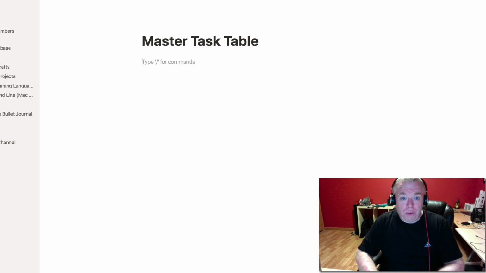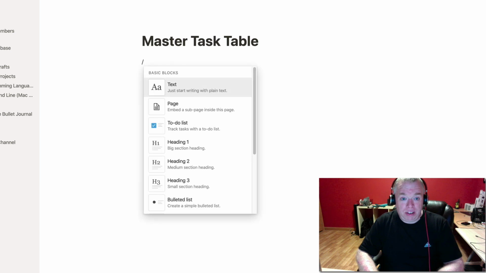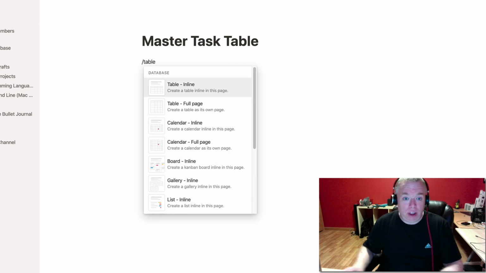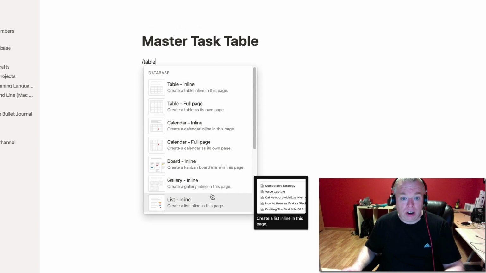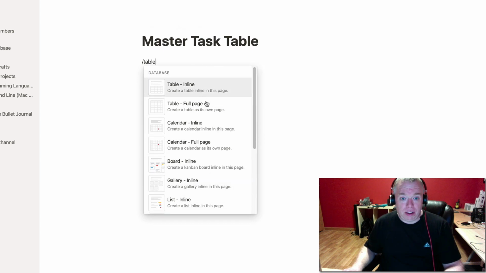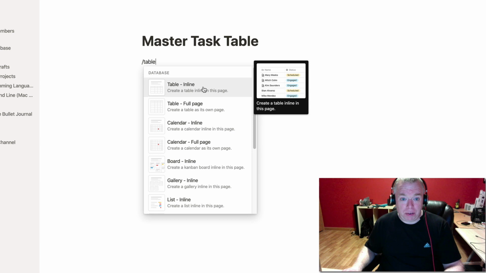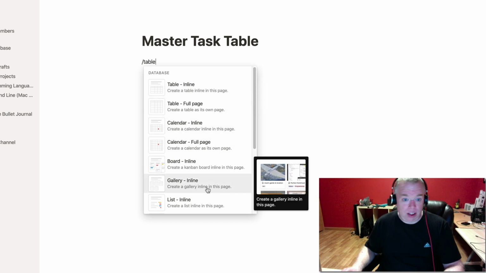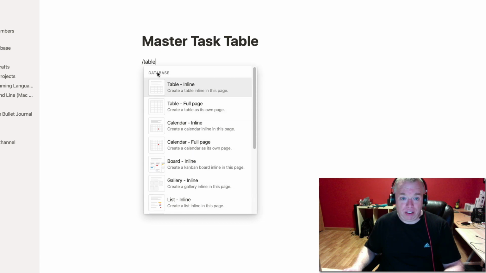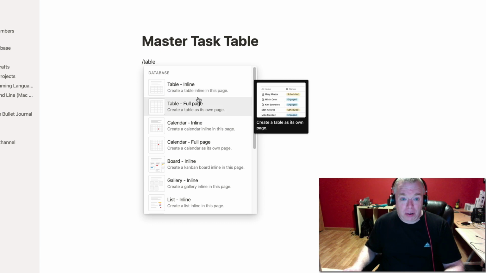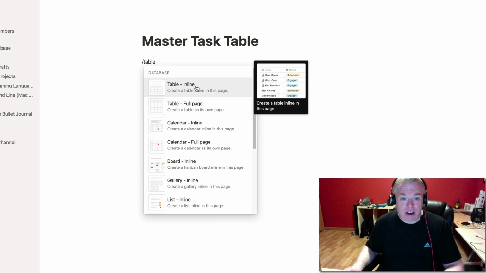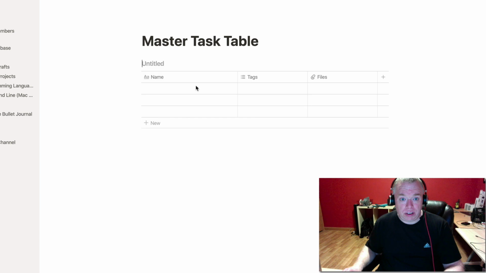So one of the first things to do to build an inline table is hit slash, spell out table, and you'll have a variety of options here: a full page table, an inline table, and various others like a board and a calendar. These are all databases, really, as you can see by this database. So this is going to be our master database, and I'm going to use an inline table here. I'm going to give it a name of YouTube